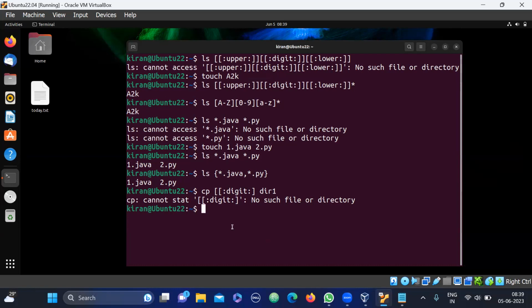If you want to move files starting with alphabet symbols and with .txt extension to directory 2, how can you do that? MV command. You want to move files starting with alphabets, so you can use it like this. A file starting with an alphabet means alpha, you can give alpha. That means this consists of both uppercase and lowercase alphabets. And then